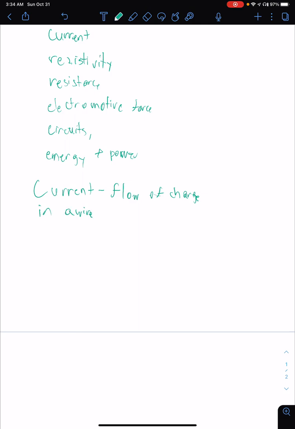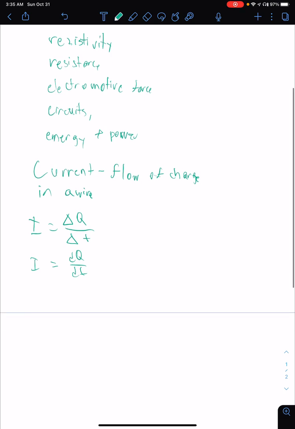But the true definition of current is equal to the change in charge over the change in time, or the instantaneous calculus version is dq over dt, which genuinely are the same thing. You can also define it as delta q